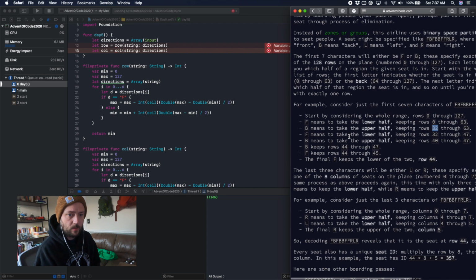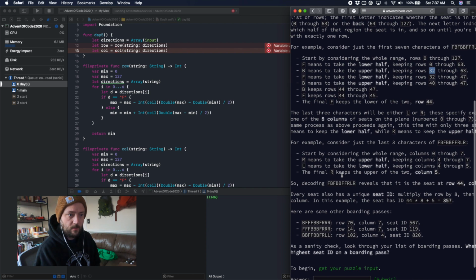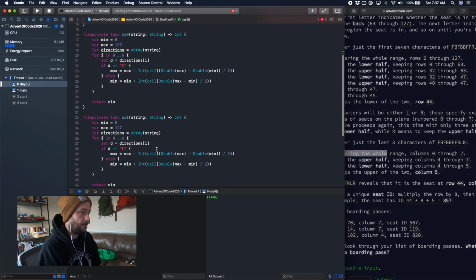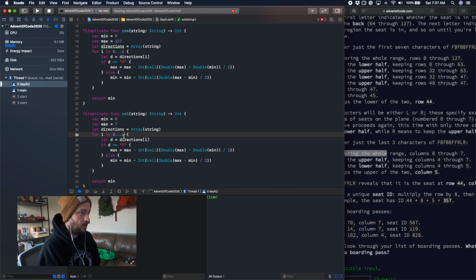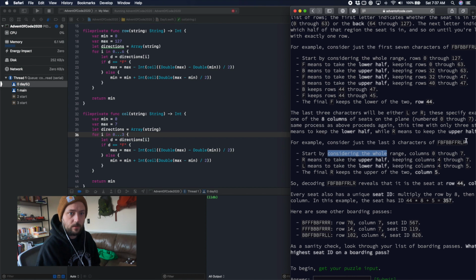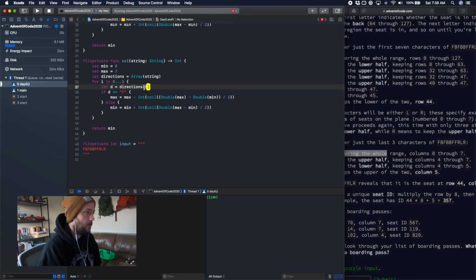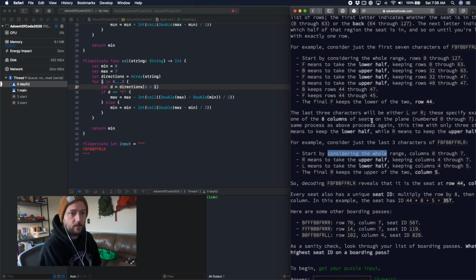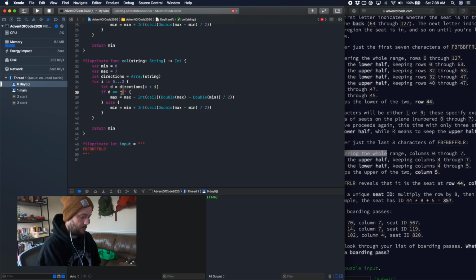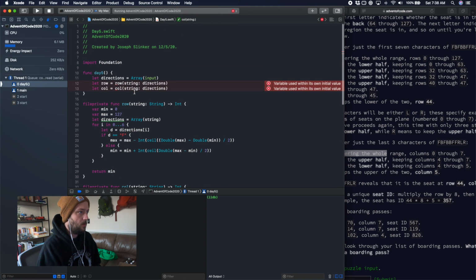what does it say about the column? Upper half, lower half. Start by considering the whole range 0 through 7. Okay, so columns are only 0 through 7, and it is only 3 digits. It's the last 3 characters, which means that it starts as 0, 1, 2, 3, 4, 5, 6. So it is 6 plus i. Okay, and then instead of F and B, it is L and R. Okay, so we should have